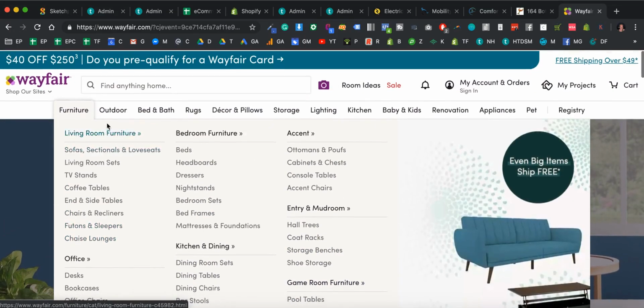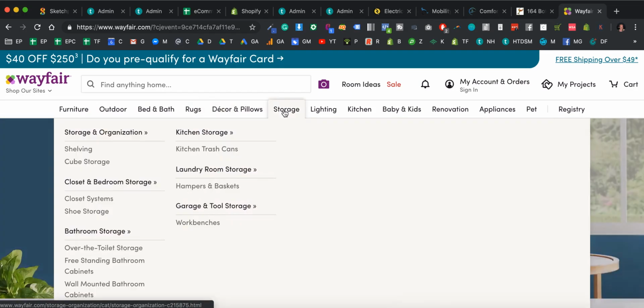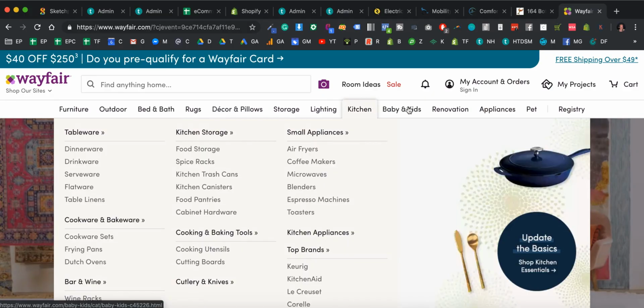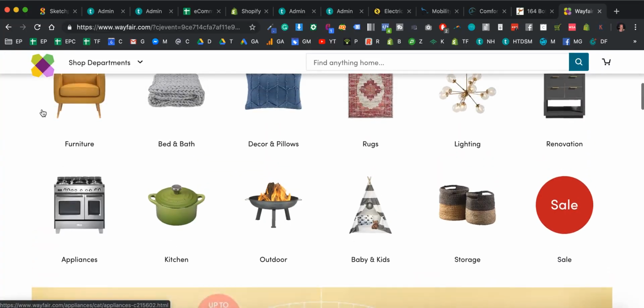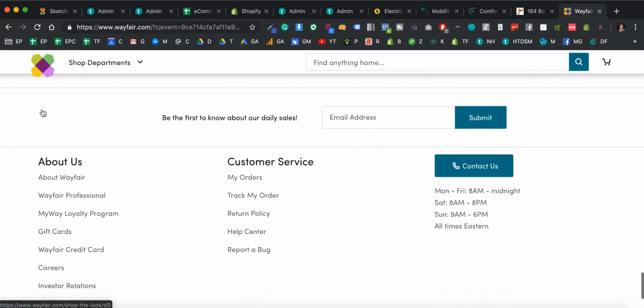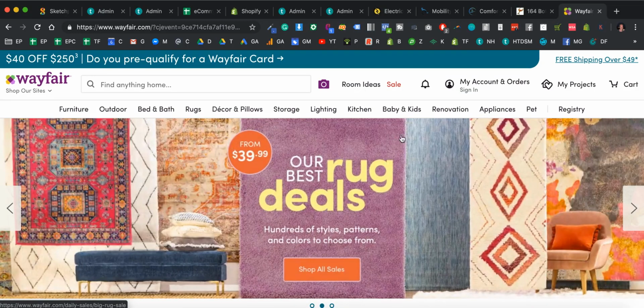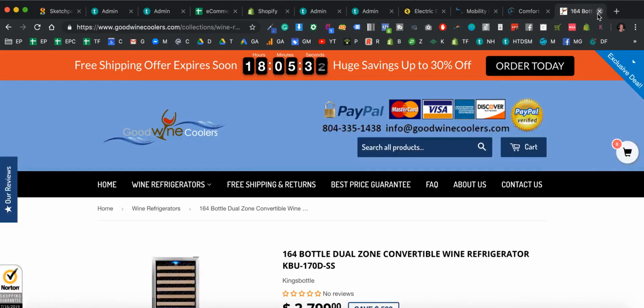So don't look at stores that are broad like this, because they've been around for a long time. More likely than not, they have some sort of fulfillment warehouse or office location. They might get special pricing from their suppliers because they do so much volume, and they might have special discounts with their freight companies as well. They might also have sales teams and stuff like that, so it's not a really great thing to model after. So with that said, look at niche stores.